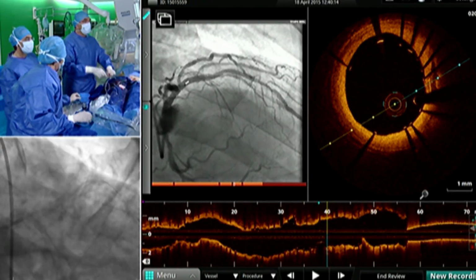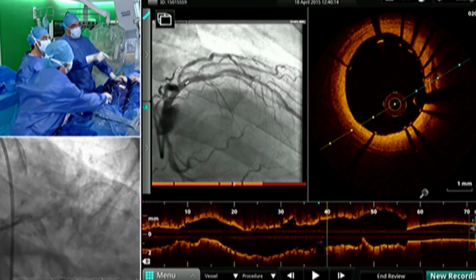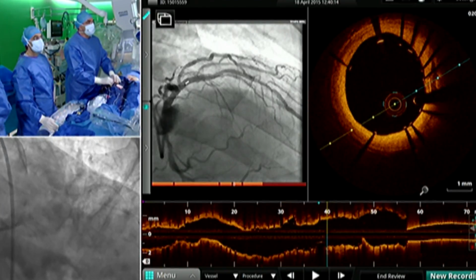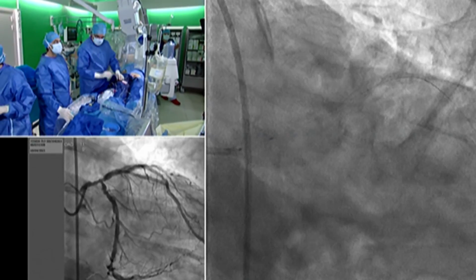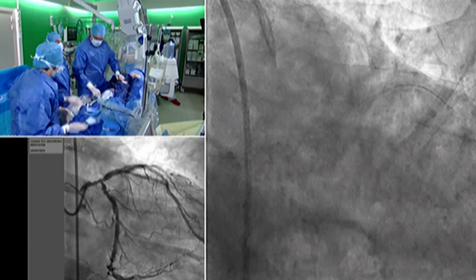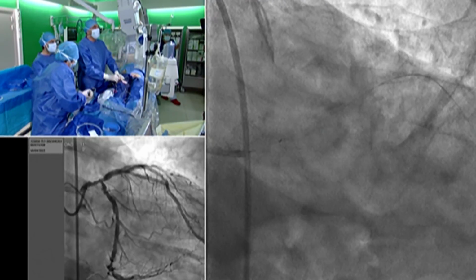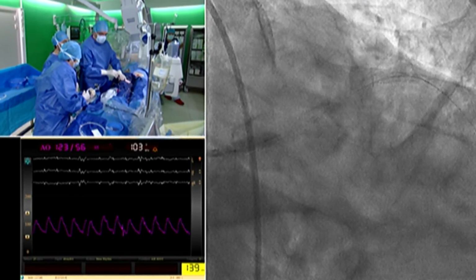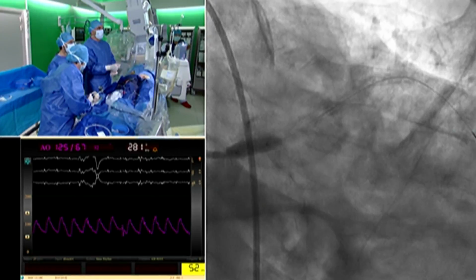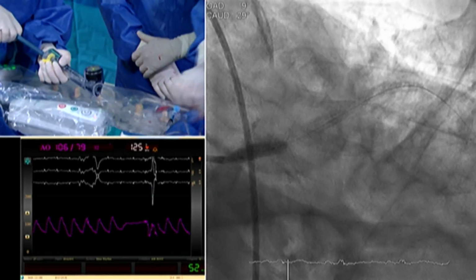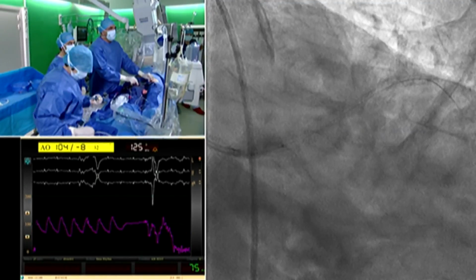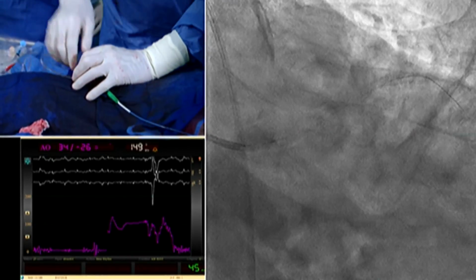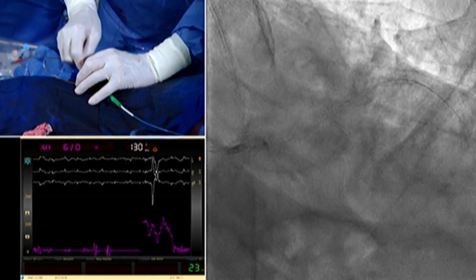Yeah. And then what we could do is to place a second wire and do a kissing again with the 4-0. Here we have a 5-0. So we can inflate here. I am proximal to the tap zone. We can inflate here at 16 atmosphere. It's a 5-0 balloon. It is okay. Stop. Okay, and now I will place another wire in the circumflex in order to try to correct the malposition